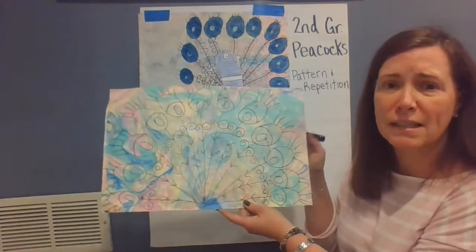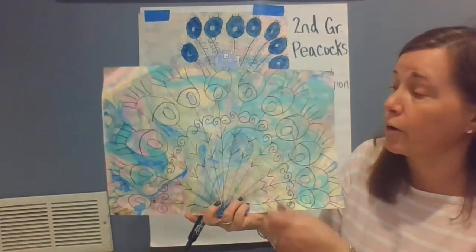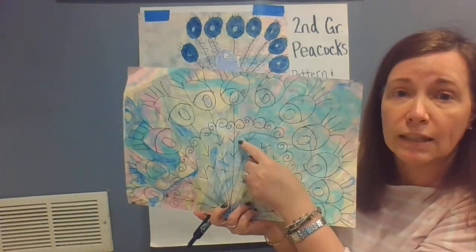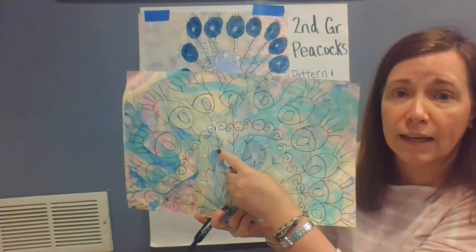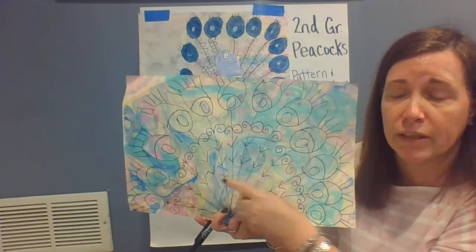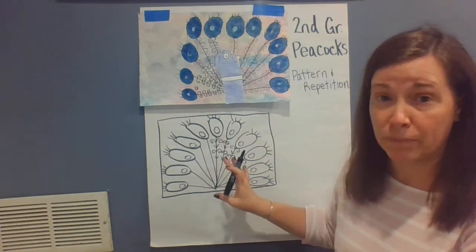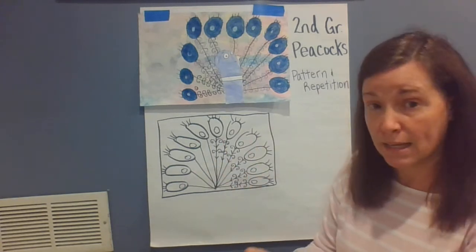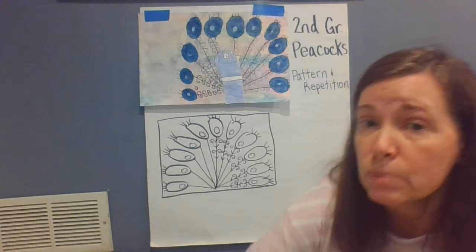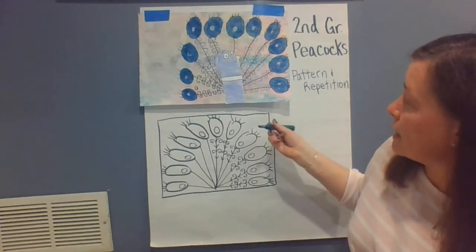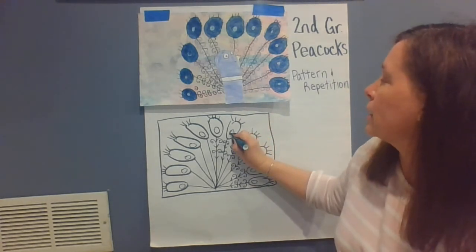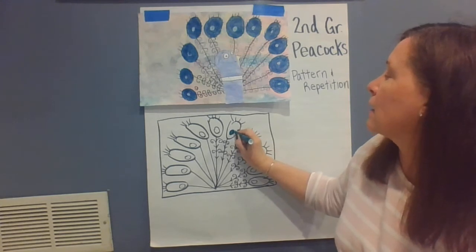If you look at this one, it isn't finished yet, but the pattern on this one is sort of the curly line, VV, curly line, VV, curly line, VV. So when you finish your pattern, you're going to get to use your crayons, or if you want to use markers, you're going to get to use your crayons and markers on your dry paper, and you're going to get to go back and color